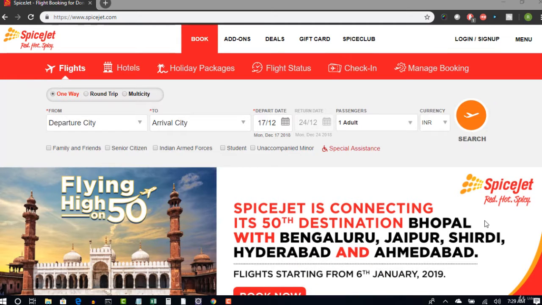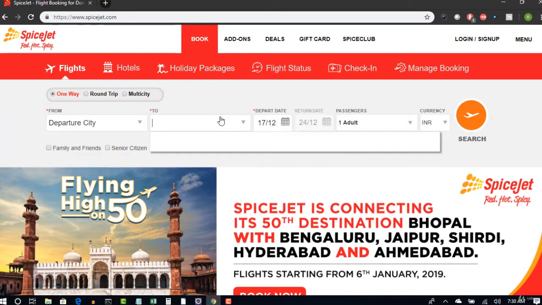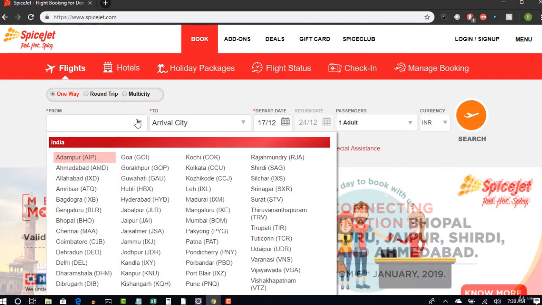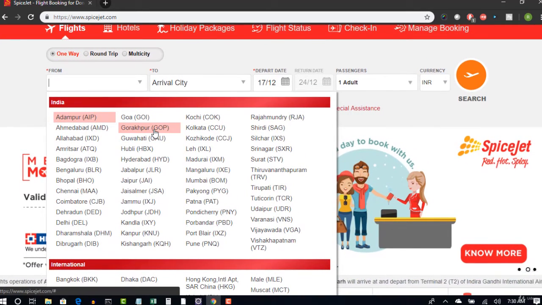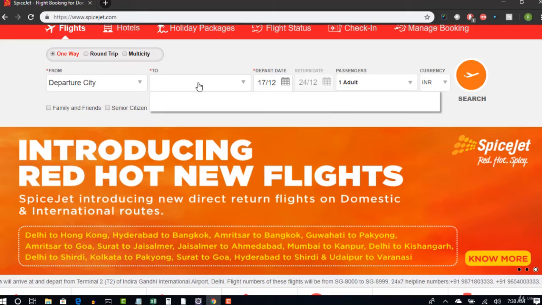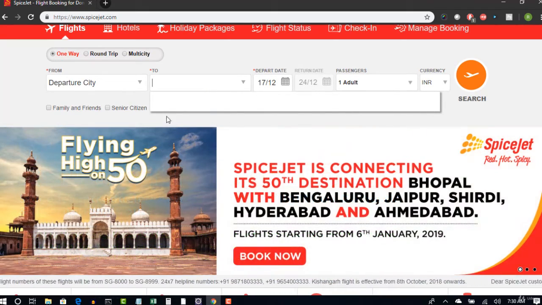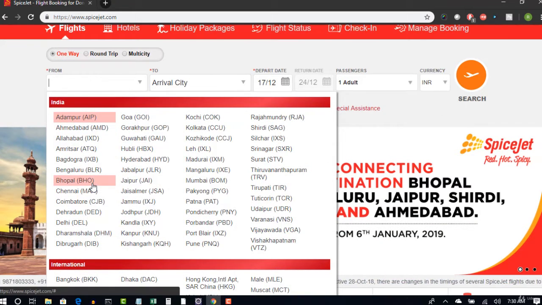Welcome back. So in this lecture, let's talk about dynamic dropdown, which is this. So first, let's try to understand why I am calling this dropdown a dynamic dropdown. Because these drop-down options are loaded only after you select this drop-down. Now when you try to get arrival city options, you see that they are blank.